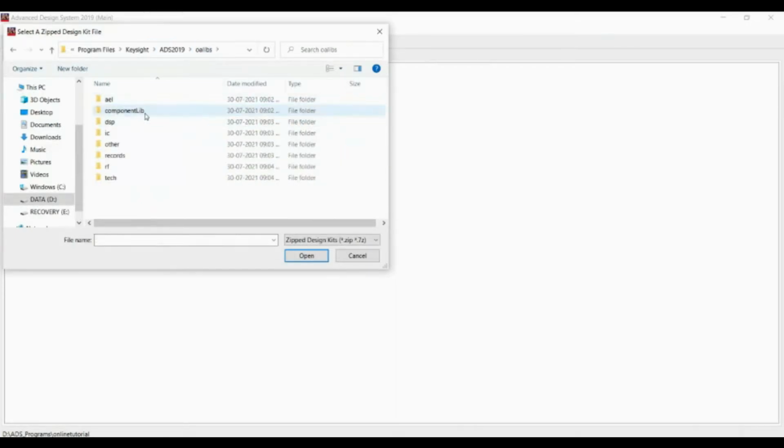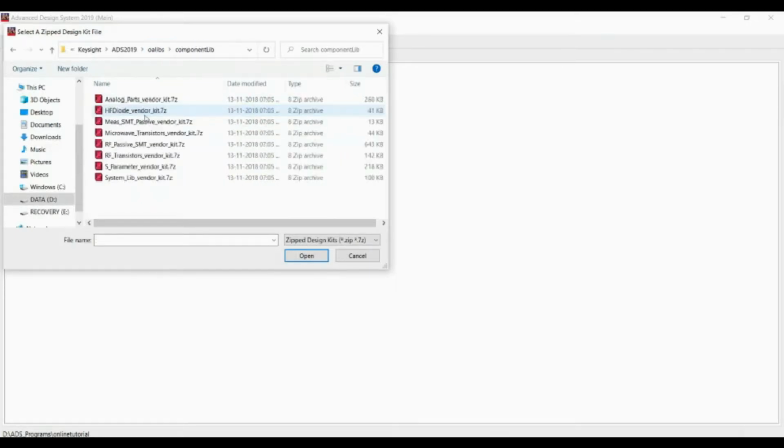In OLIPS, in components, I am selecting this RF passive SMT vendor kit. So as the name suggests, these components are actually SMD components, passive components, which will be available once you install this library. So I am just double clicking on it.